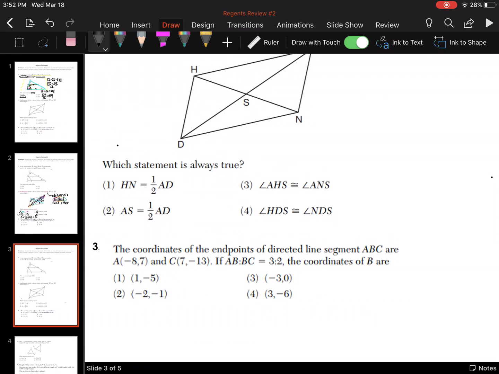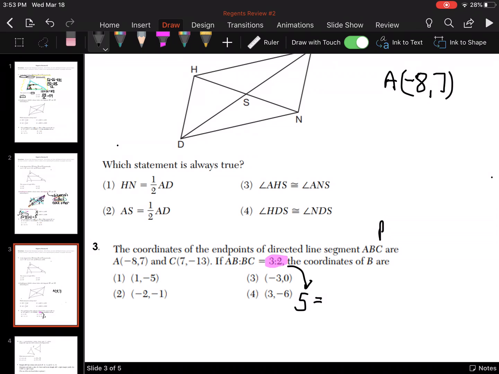Okay, number 3, oh look, it's a directed line segment. We went over that on number 1. So for starters, you have 2 points, and then we have to split into a ratio of 3 to 2. So if it's something split into a ratio of 3 to 2, we know that it has to be 5 equal parts. Now you can get a piece of graph paper and graph it, or we can do the arithmetic that I taught you. So A is negative 8, 7,